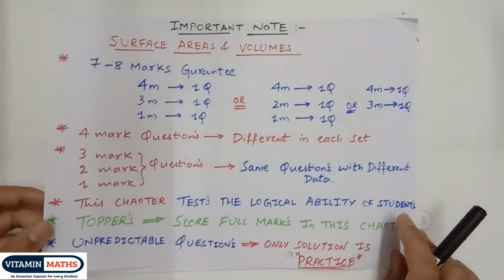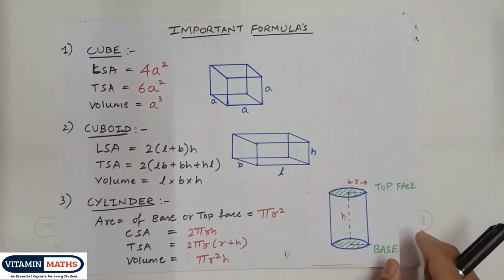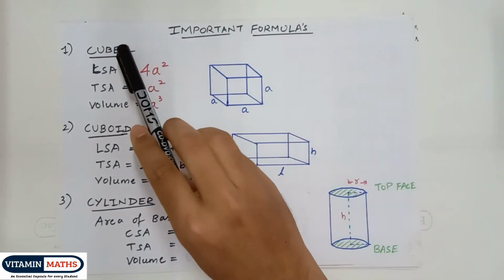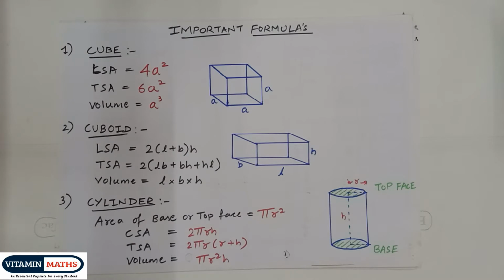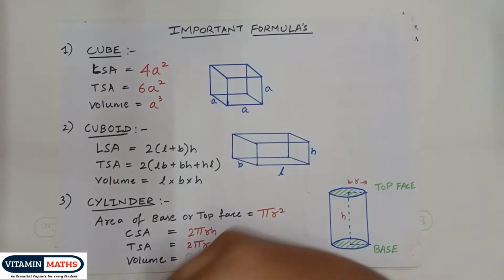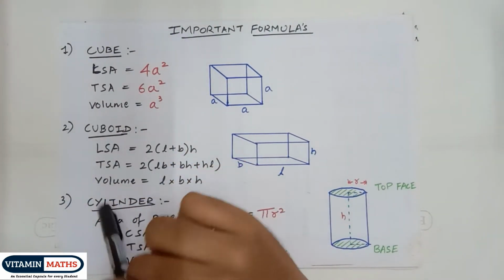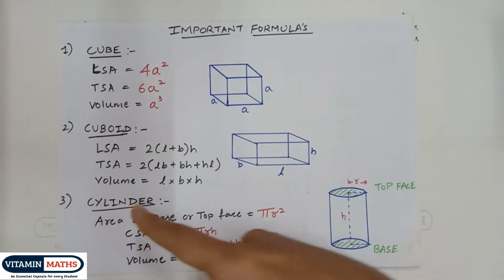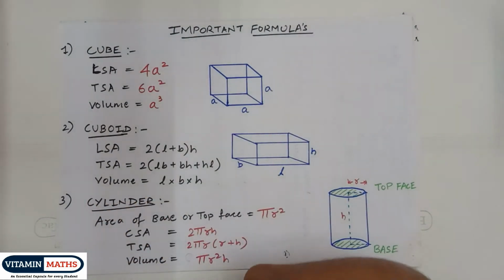Before beginning, let us see some important formulas. Please take a screenshot of the formulas if you don't have them. Cube: lateral surface area 4a square, total surface area 6a square, volume a cube. Cuboid: lateral surface area 2 into (L plus B) into H, TSA 2 into (LB plus BH plus HL),